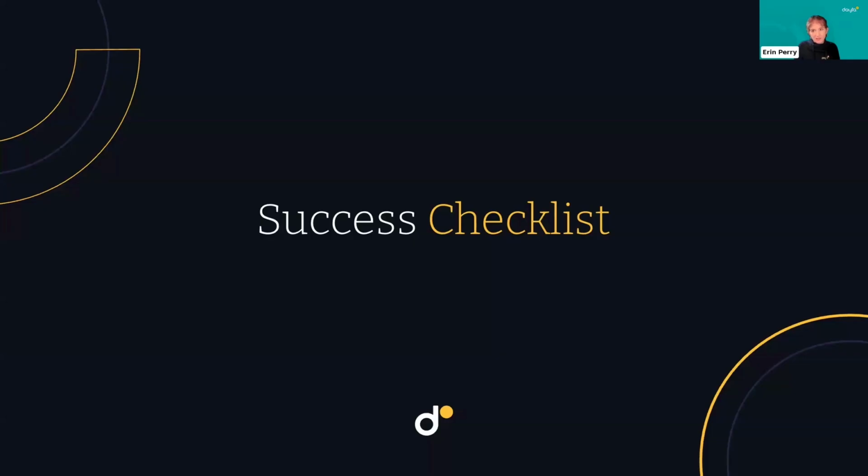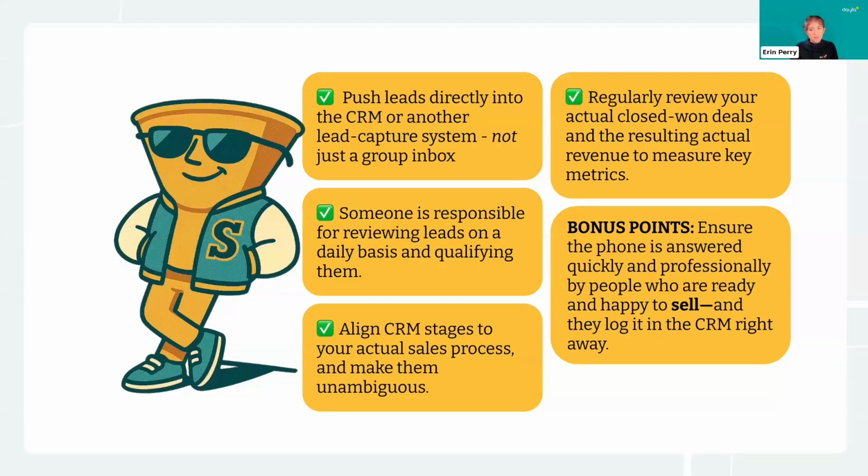All right. So in closing, before we jump to Q&A, if you want a hip and happening attribution-ready sales funnel, here are some quick tips for attribution success you can bring back to the team. Number one, we talked about this: have your leads flow into your CRM directly whenever you can. Don't rely on a group inbox or salespeople grabbing things. That's a way to miss leads. Two, have someone review incoming leads at a minimum daily and qualify them. Either move them on to someone for next steps or mark them as disqualified. This alone is valuable data about the performance of your campaigns.